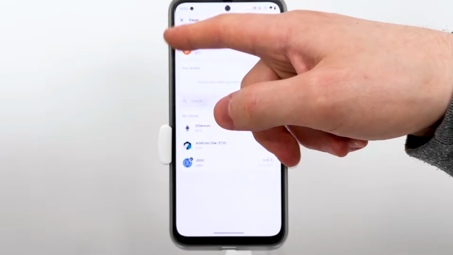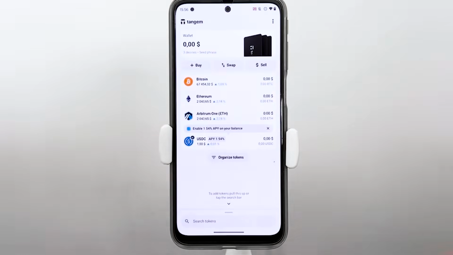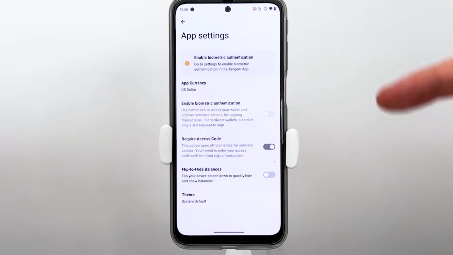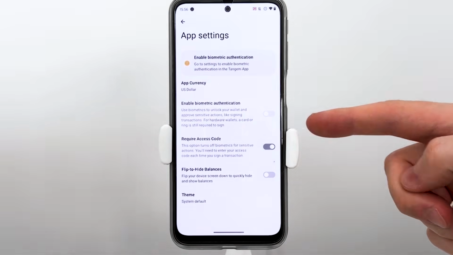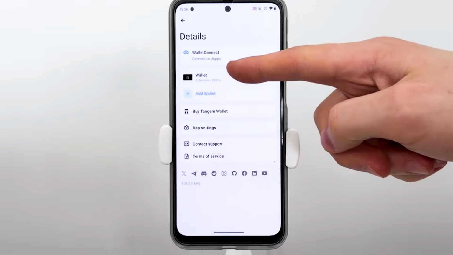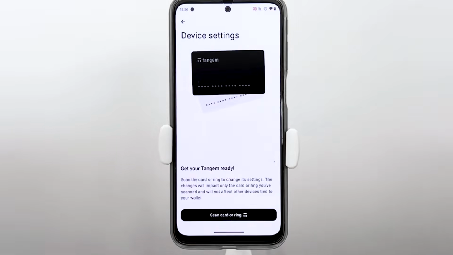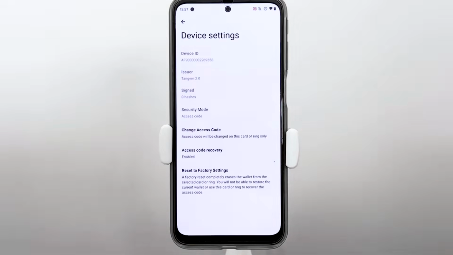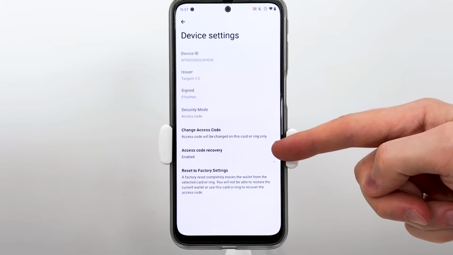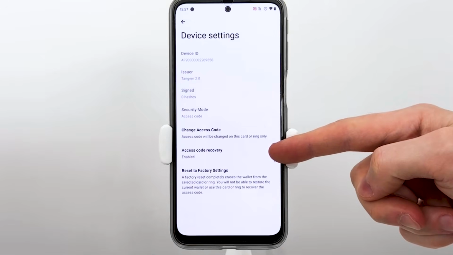Before I show you how to send and receive coins, let's go through some of the remaining settings. Here under App Settings, we can enable either biometric authentication or we can use the access code. If we go into our wallet again and Device Settings, scan our card, here we can change our access code if we want. We can also here decide if we want our access code to be able to be recovered